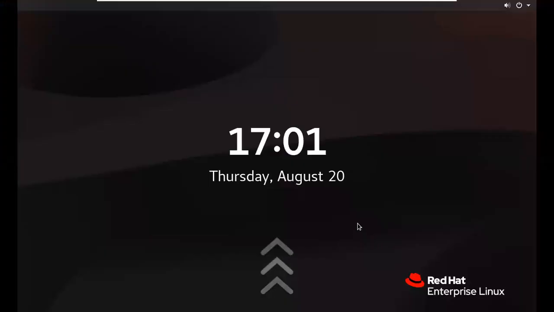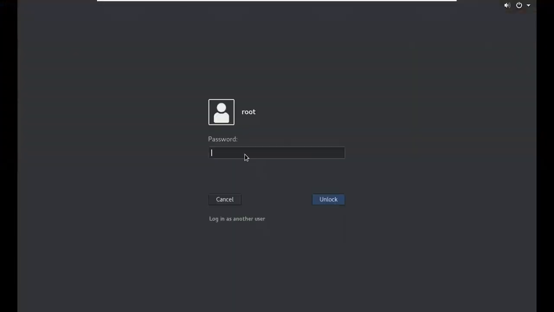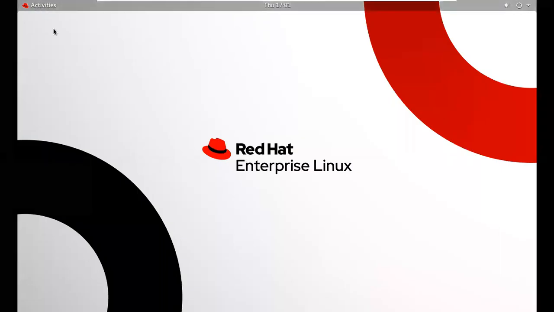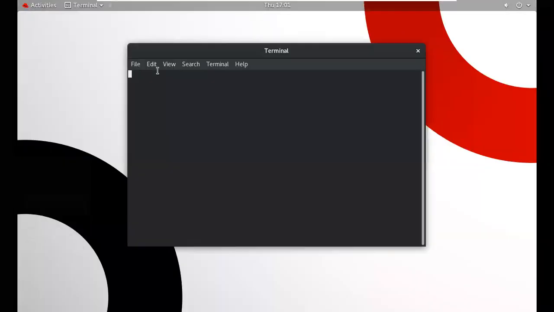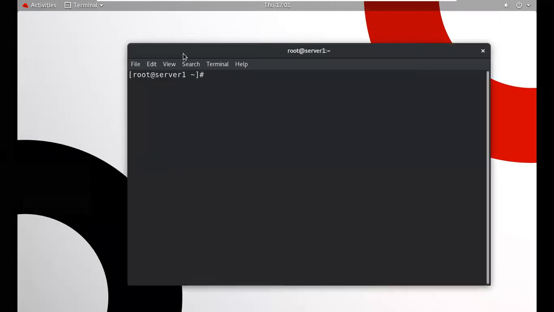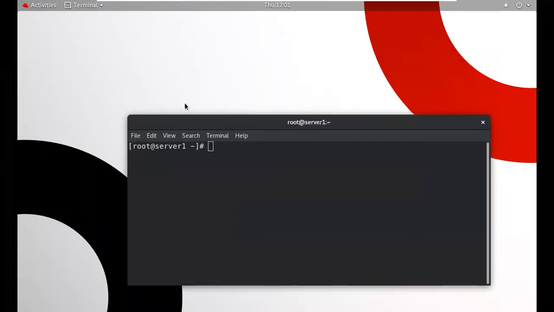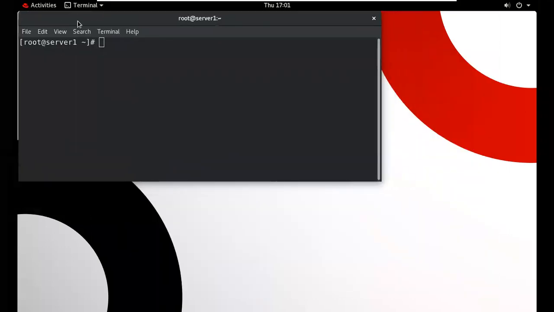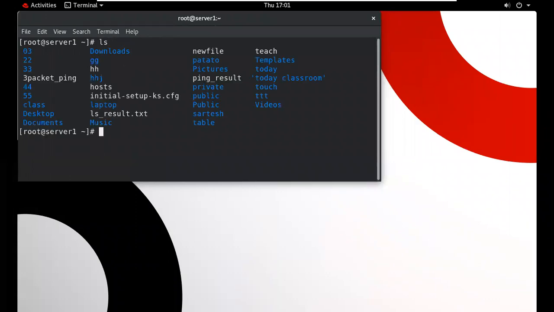Now in Linux, how can I use this? Suppose I am working in this particular location.